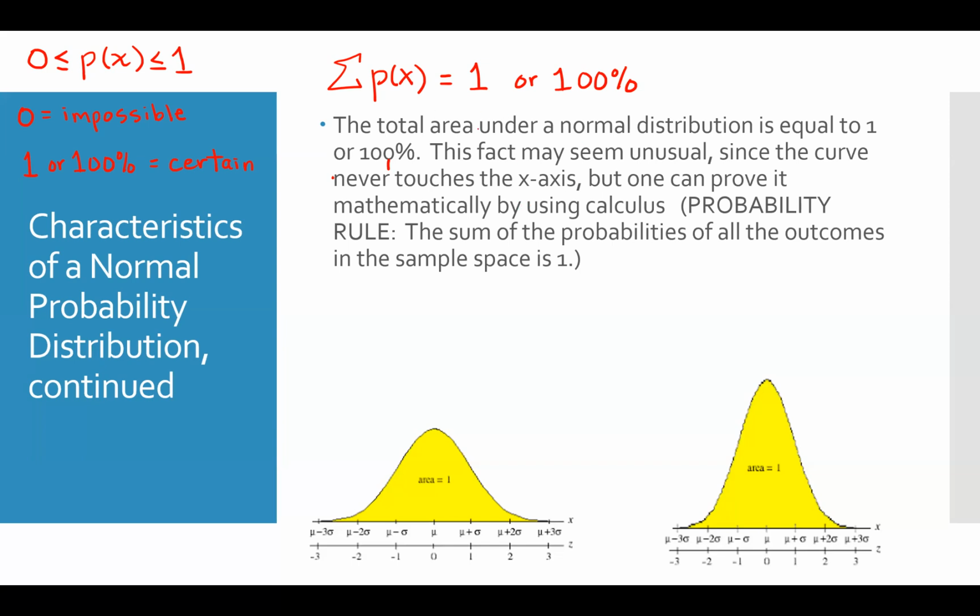And so this idea that the area under the normal distribution is equal to 1 connects back to that particular property. We're looking at it more from a visual perspective rather than a numbers perspective. And again, that's one of those things you're going to have to trust Miss Ralston on, because to prove it to you, I'd have to do some calculus.